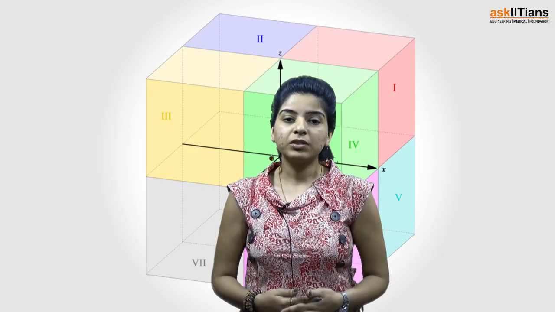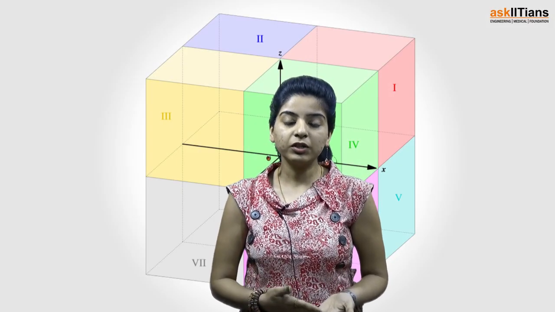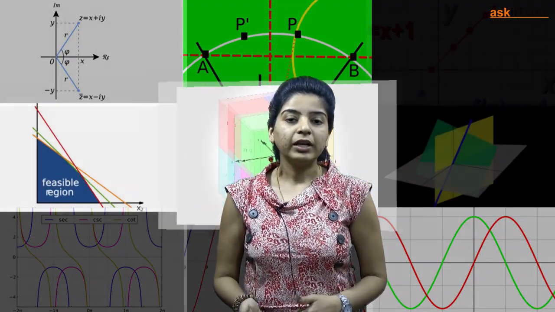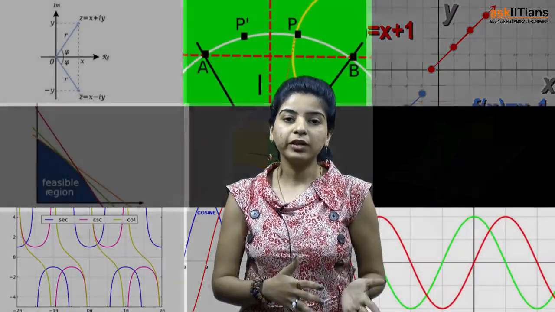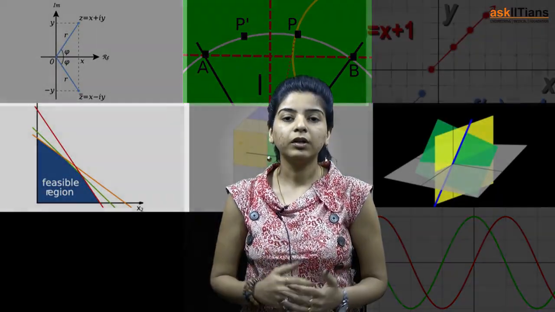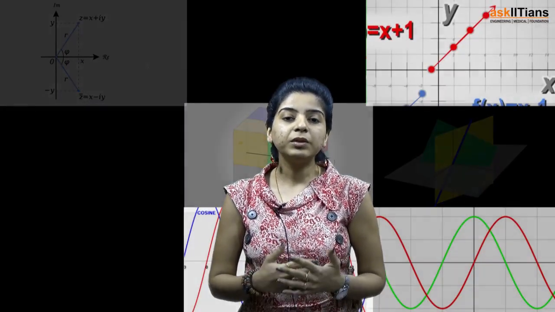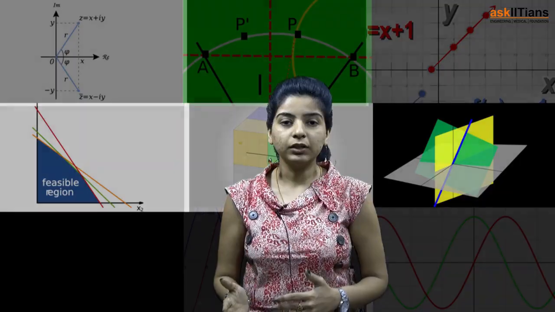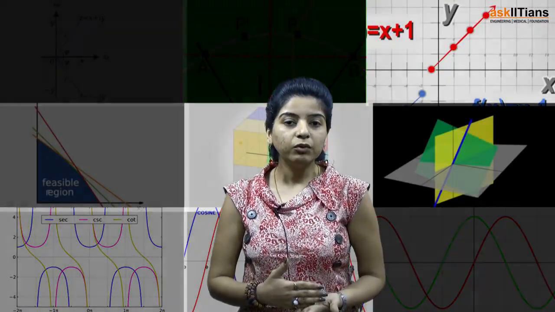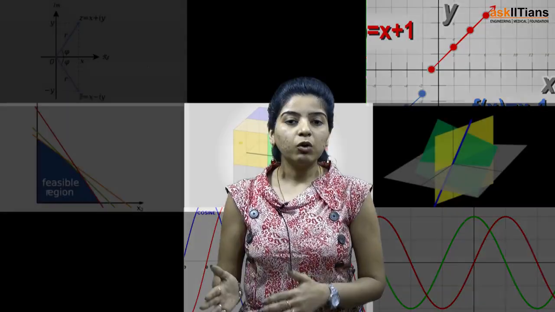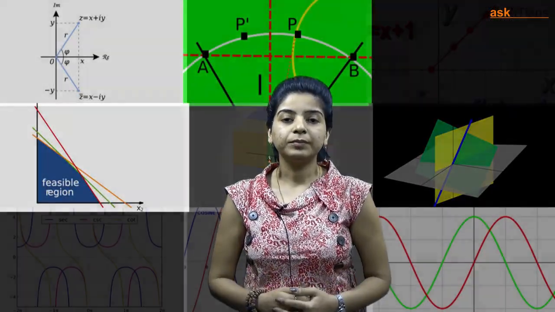So I hope you have understood the application of trigonometry in optimization as well as the summation of series, how to calculate the sum of series of the form cos alpha plus beta and so on. Now in the next session we will be studying the solution of triangles, in which we will be studying various important formulae like sine rule, cosine rule, Napier analogy and so on. So stay tuned.